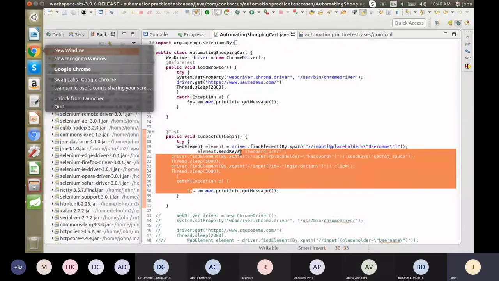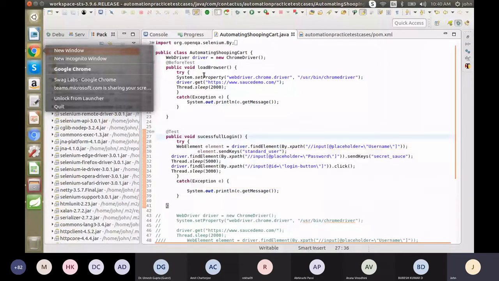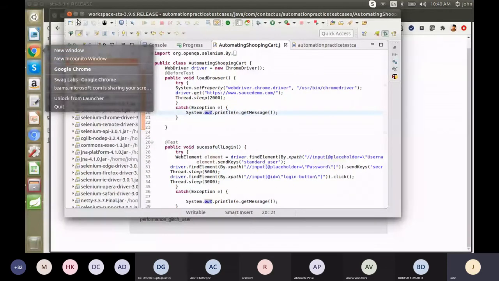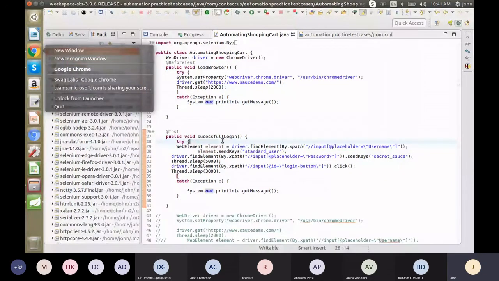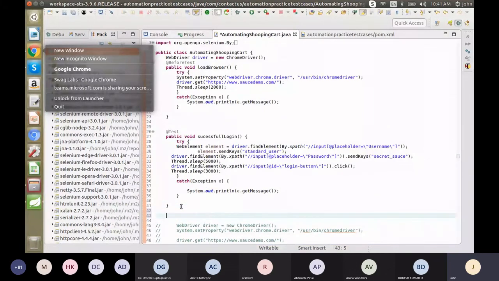First what we have done: BeforeTest, then Test. BeforeTest will load the Chrome browser alone. Then in the Test, it will test the actual scenario, such as whether the login page is working fine or not. Once it is done, we have to close the browser, right? For that we have to use the AfterTest annotation.